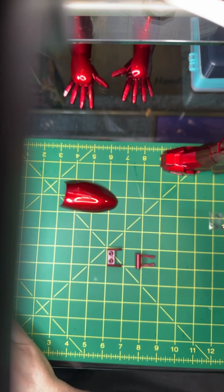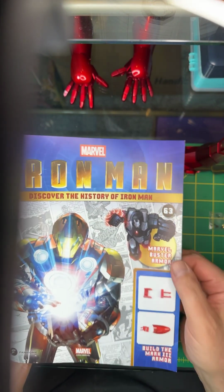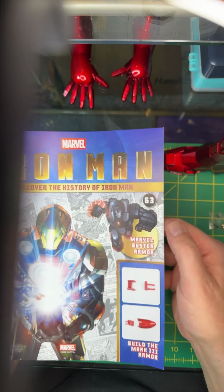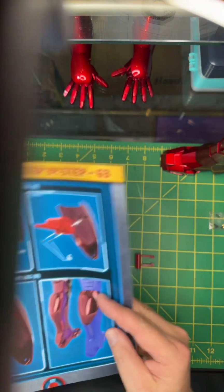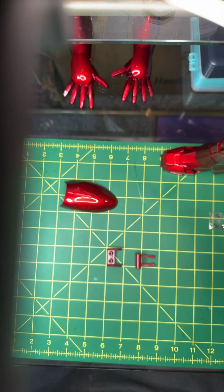All right, welcome back. 63 looks like this. Never heard of Marvel Buster armor. I'm gonna have to read that. It almost looks like a cross between the Hulk Buster and then Iron Patriot almost. Check that out. Okay, but this issue, we are going to continue with the right leg, and we're gonna do